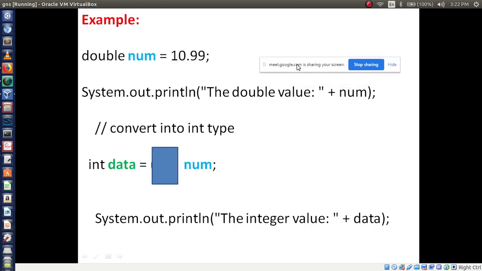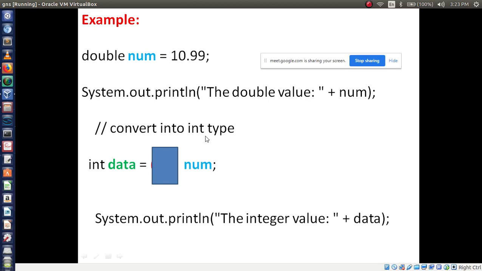Here the data type is double, the variable name is num, and I am assigning the value 10.99. Now I am printing this double value num. What will print in this line? The double value. It will display 10.99.